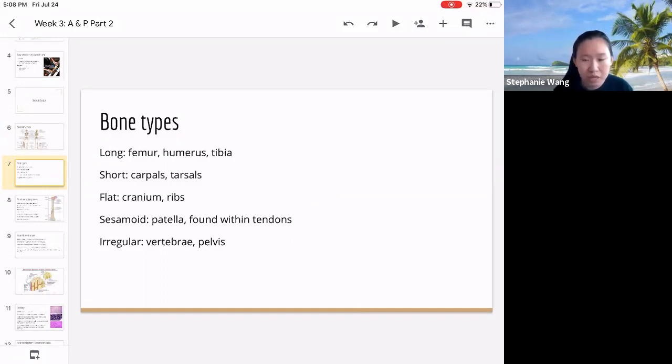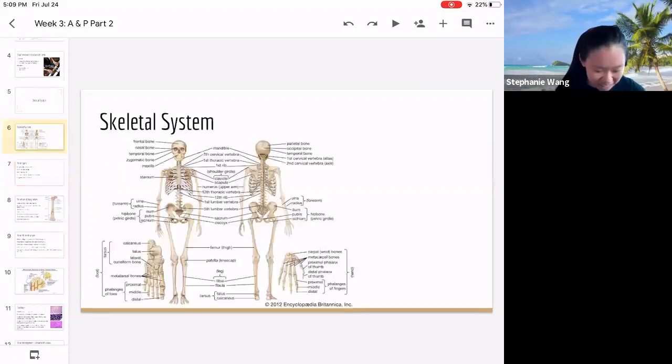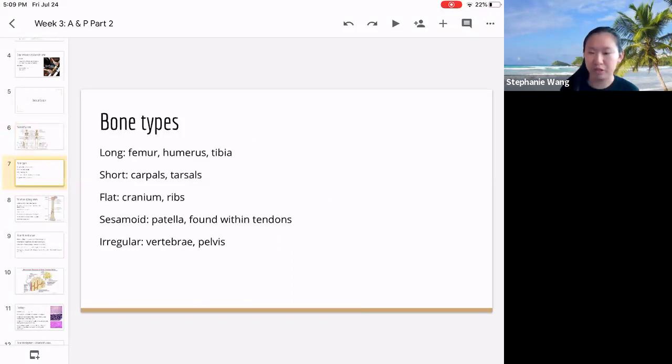Flat bones are the ones in your cranium, meaning your skull, and basically they don't have the traditional tube shape. They're more like sandwiched layers. I don't know how to say this besides they're flat. As you can see in this diagram here, the skull consists of flat bones. Other possible flat bones are your ribs.